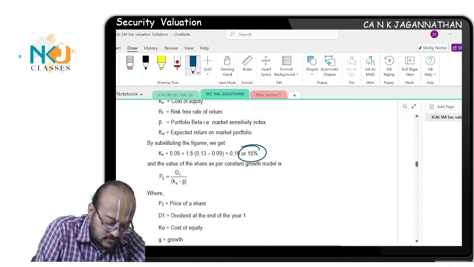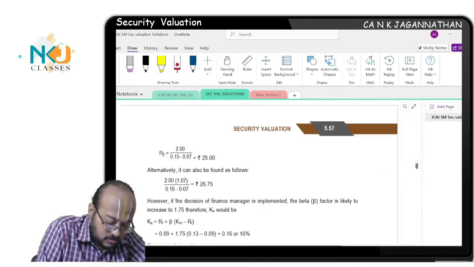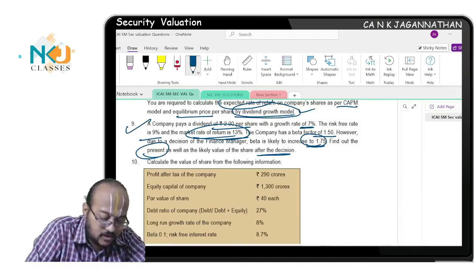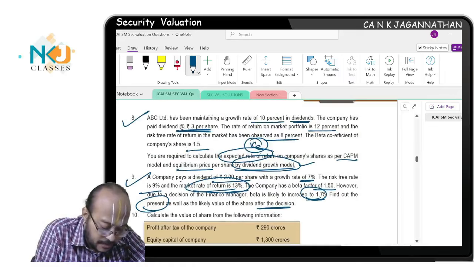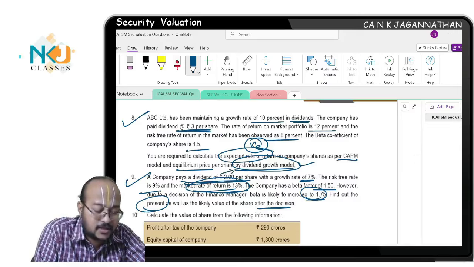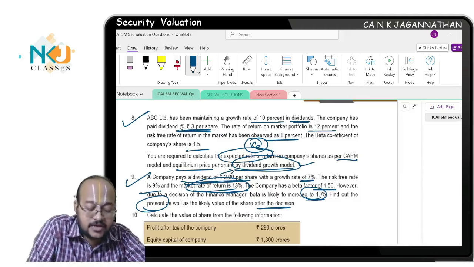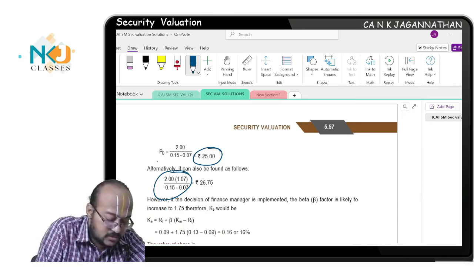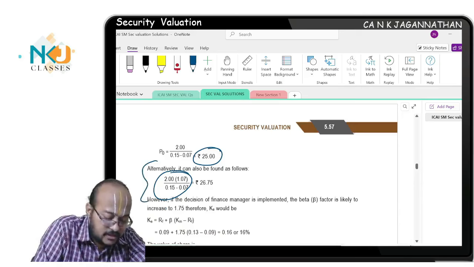You will get the K as 15%, and substituting the number, you will get the value as 25 rupees. Alternatively, it can also be found out, because in the question, D1 and D0 have no clarity. The company pays a dividend of 2 per share with a growth rate of 7%. Now, it should ideally be taken as the current dividend, D0 only. Correct? That is why they have come up with a revised, alternative solution, which means in the earlier situation,